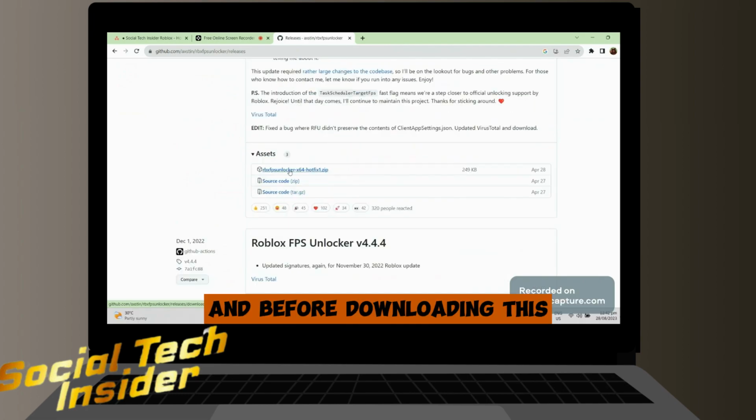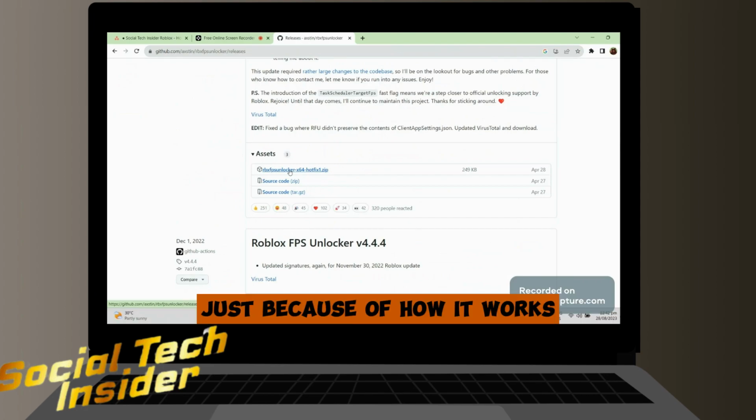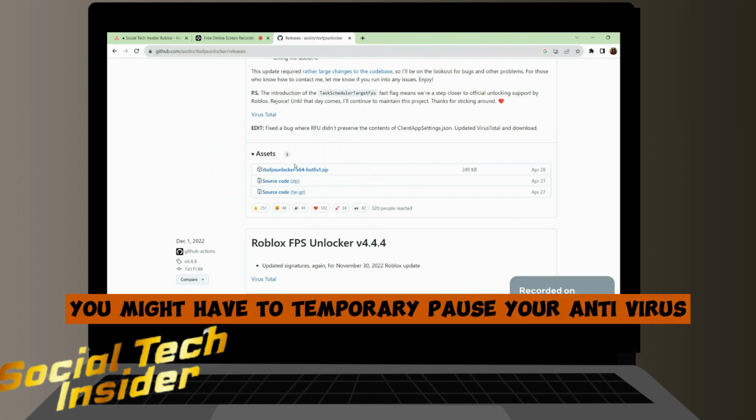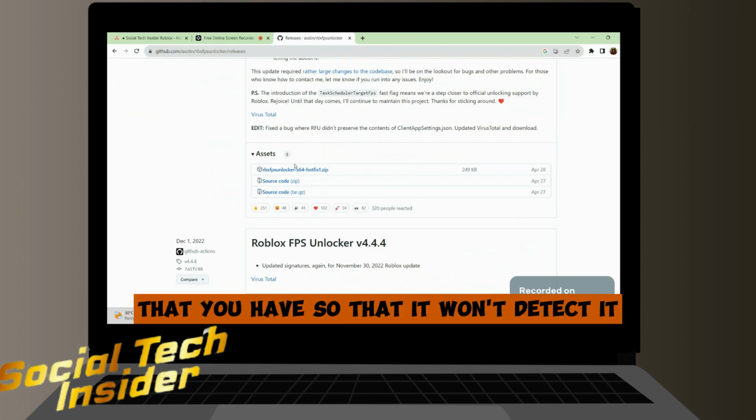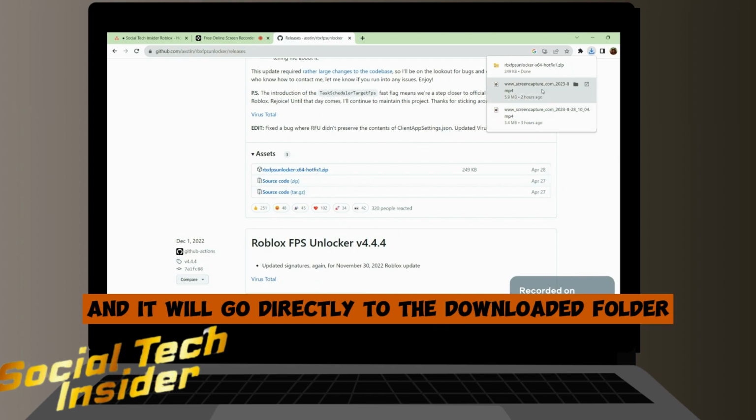And before downloading this, please note that this FPS Unlocker might be flagged as a virus on your computer just because of how it works and adding it to Roblox. But don't worry about it. You might have to temporarily pause your antivirus so that it won't detect it and we can successfully run it later. So on the first link, just press that and it will go directly to the downloaded